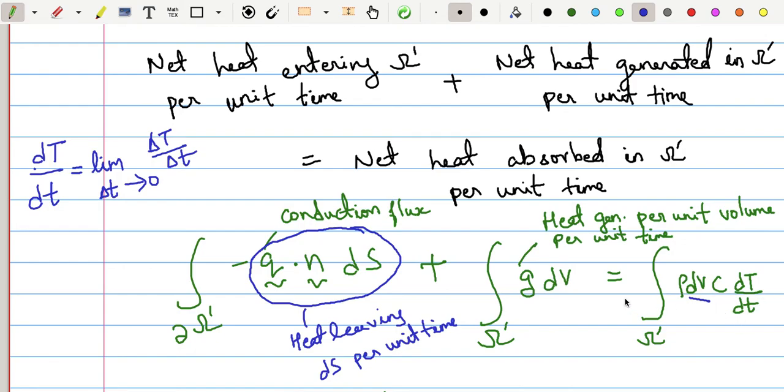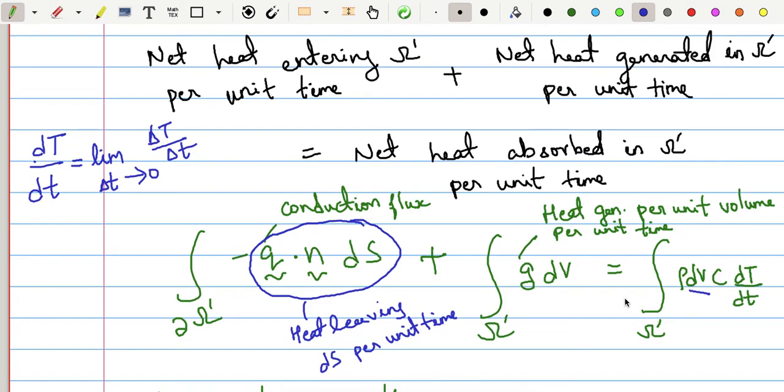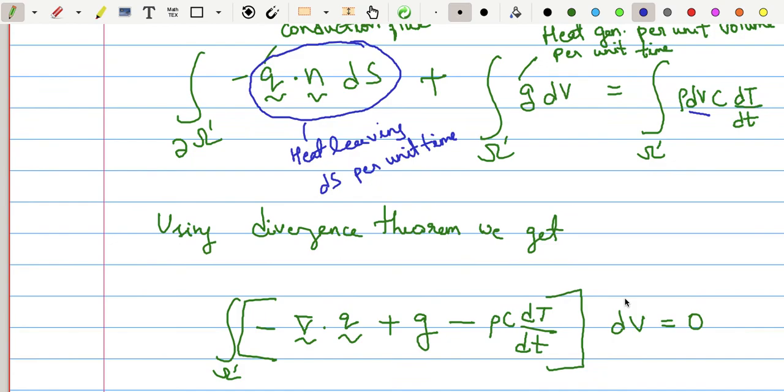Now once again we want to convert all integrals into volume integrals. So what do we do? Divergence. We apply the divergence theorem on the first term. If you apply the divergence theorem, what will happen to Q dot n? Q dot n will become divergence of Q. So on the whole, what will the equation become? Square bracket of minus divergence of Q plus heat generated per unit volume minus density times specific heat times material time derivative of temperature with respect to time